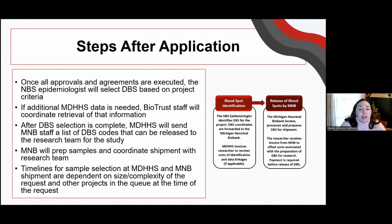Once an application has been approved and all the agreements are executed, our newborn screening epidemiologist will then start selection of blood spots based on the project criteria. If any additional MDHHS data is needed from other registries, we would coordinate retrieval of that information. You don't have to do that. We would work with the other MDHHS programs involved to get all the information that we need to complete the